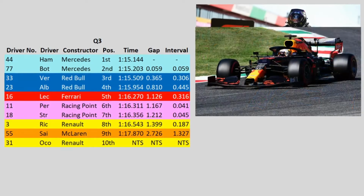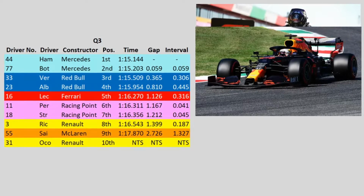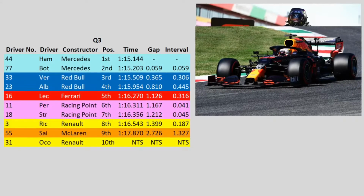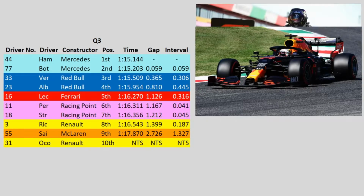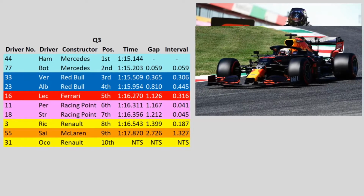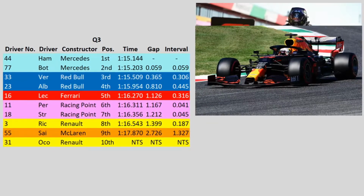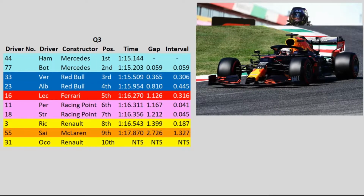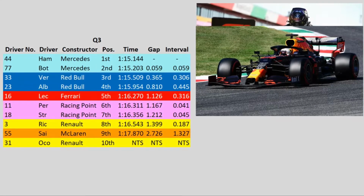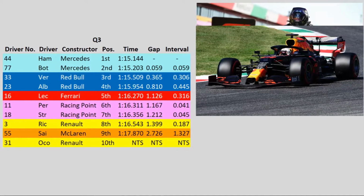And Max Verstappen finds himself P3, probably closer than he'd have expected, I think, just over 3.5 tenths of a second, with Albon locking out the second row of the grid for Red Bull, but he is still 5 tenths back. I had to do some quick mental arithmetic. I was about to say 6 tenths, but that's not right. 5 tenths back still. It's not the 1 second that it was in practice 3, but still half a second